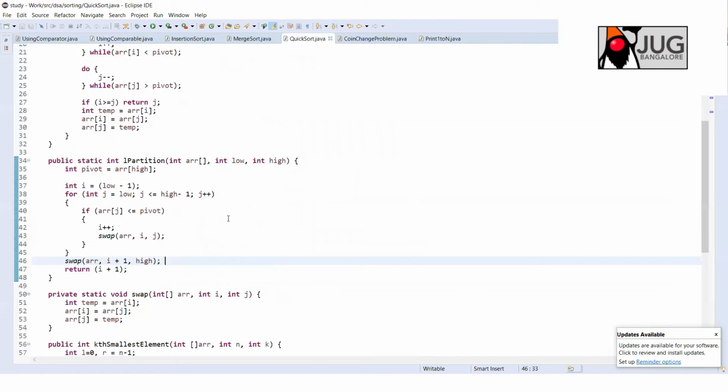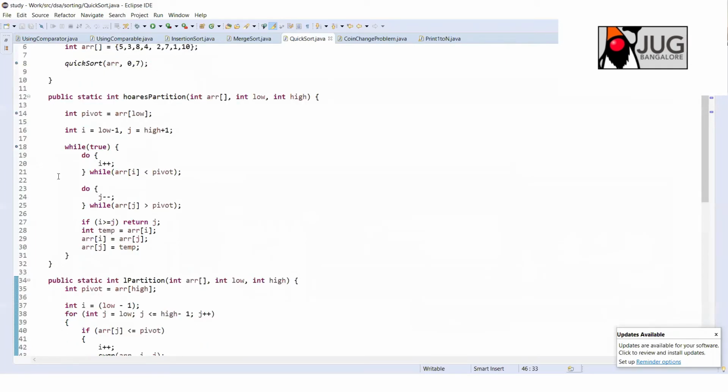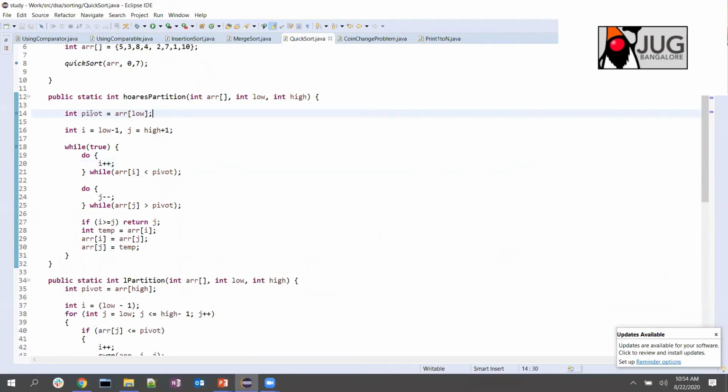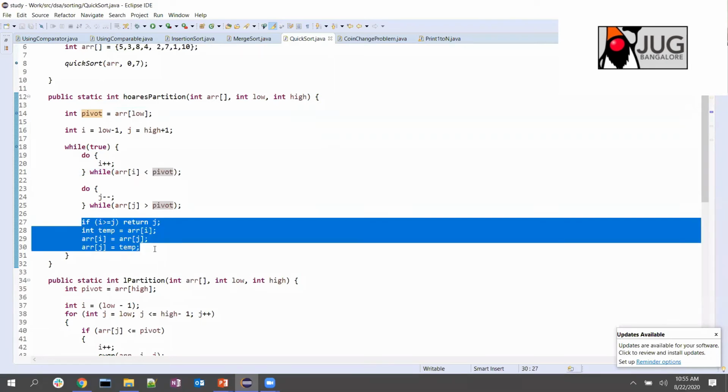Screen is visible to you guys, right? Okay, so this is the Hoare partition. What I'm doing in this case is taking the first element as the pivot, not the last element. You can take any element as the pivot; it is up to you. Then I'm comparing array of i, the start element, with the pivot element. Though I'm starting with -1, I'm incrementing here. Do remember that. I'm iterating till I hit the condition where I get an element which is greater than the pivot. In that case, I will swap those elements here.